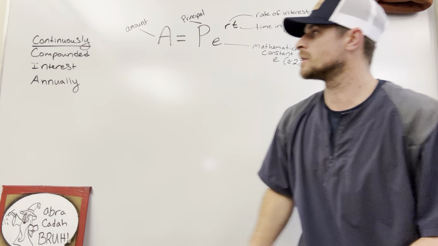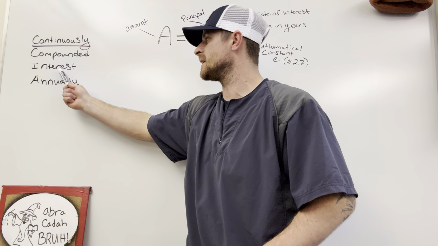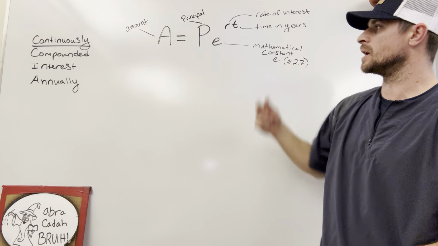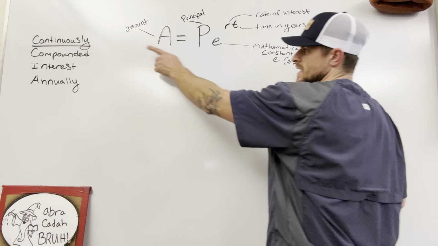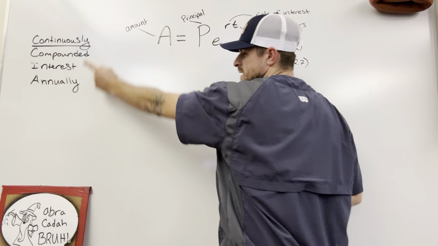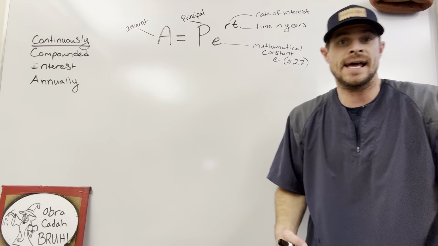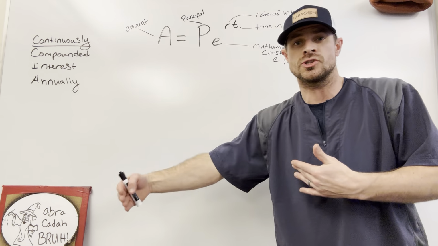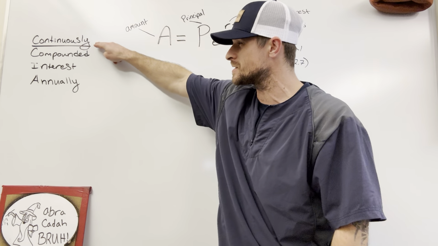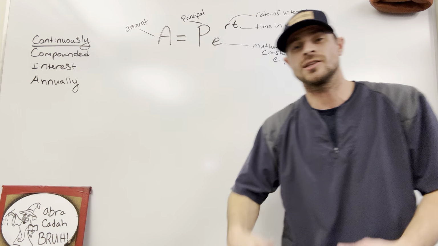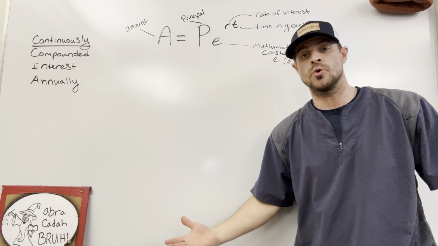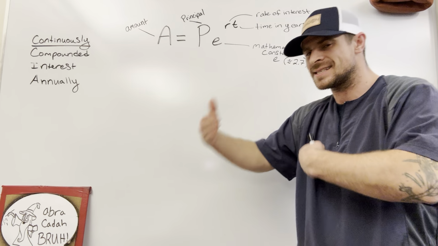All right, in this video, we're gonna be learning about continuously compounded interest at an annual rate. So we're gonna be using what's called the PERT formula. This is the formula you're gonna be using if you see that word continuously. Now, one thing about interest is that it's great when it's working for you. It's not so great when it's working against you, but specifically continuously compounded interest, that's the long man's game. That's where you're gonna start to see some significant growth over time, but it takes some time to get the